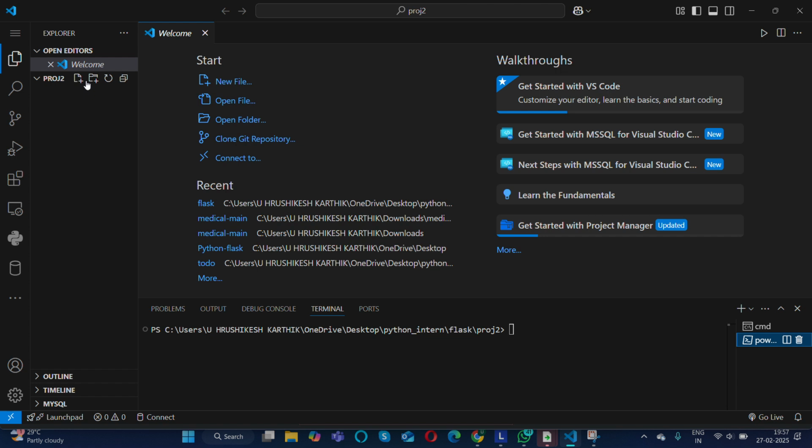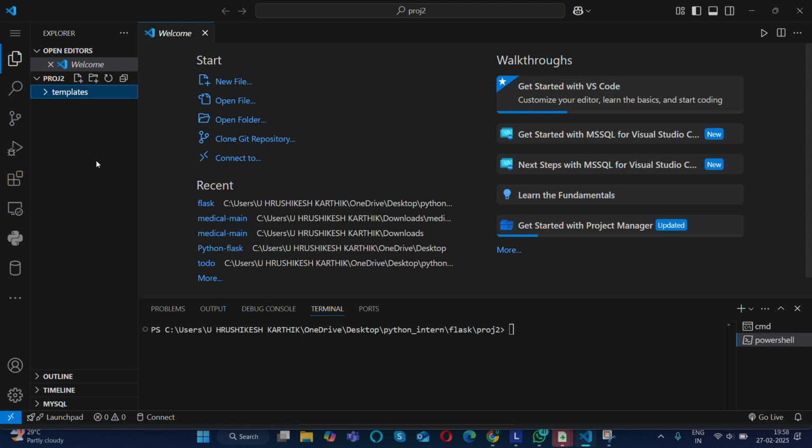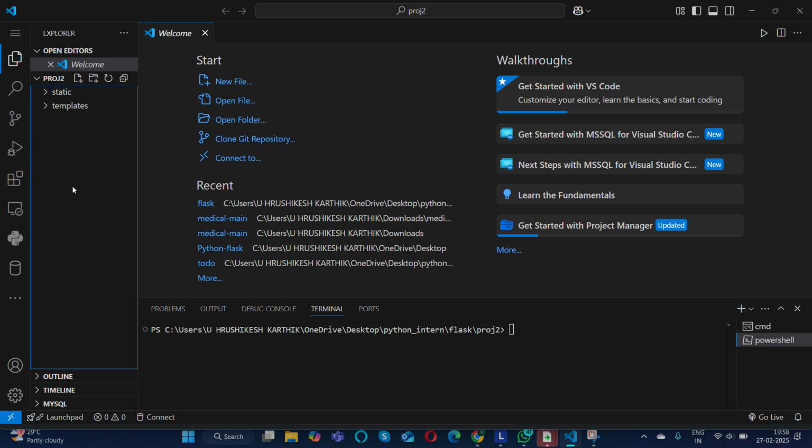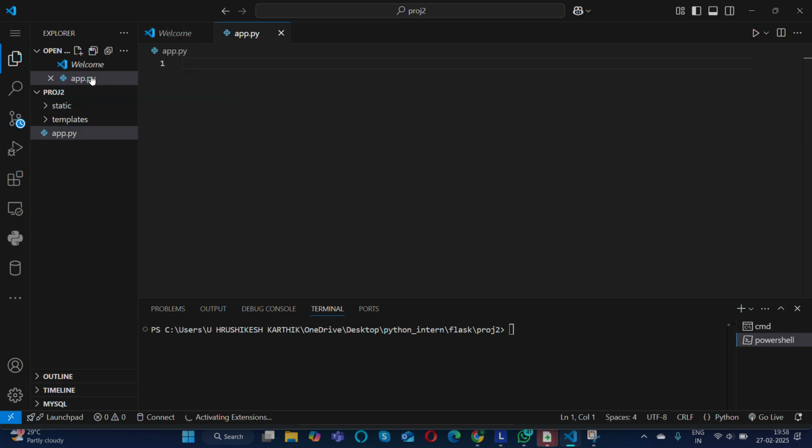So basically, when we are starting a Flask project, what do we need to do? We should create a folder, right, which is templates. Within this folder, we should not create anything else. So the templates folder and the static folder should be isolated, both should be separate. And an app.py. Okay, I'll give you two choices. You can select any one project, so I can explain that.